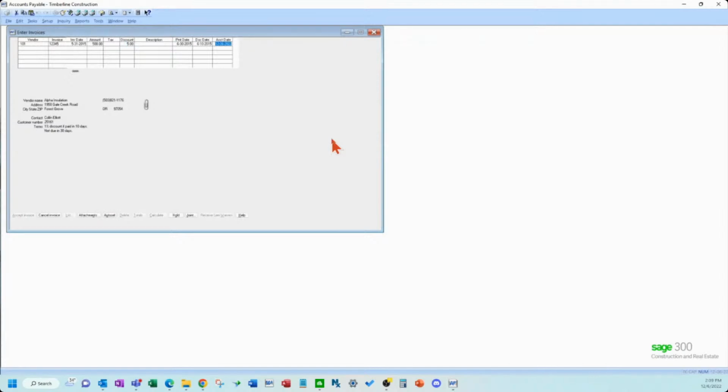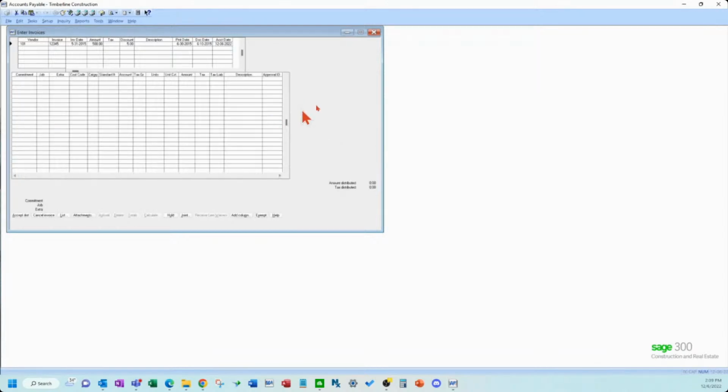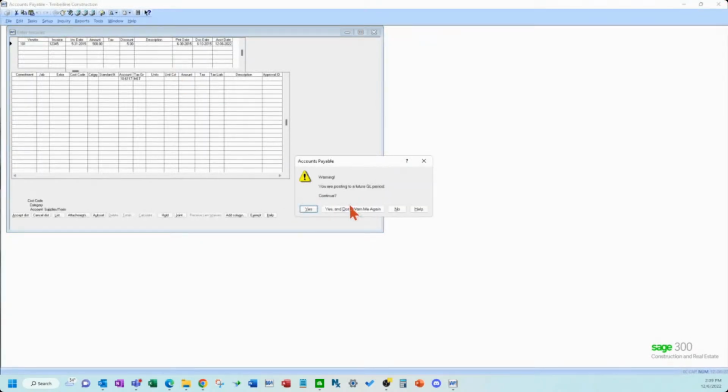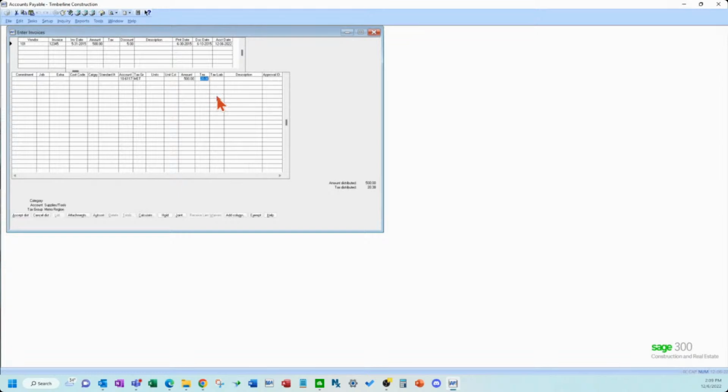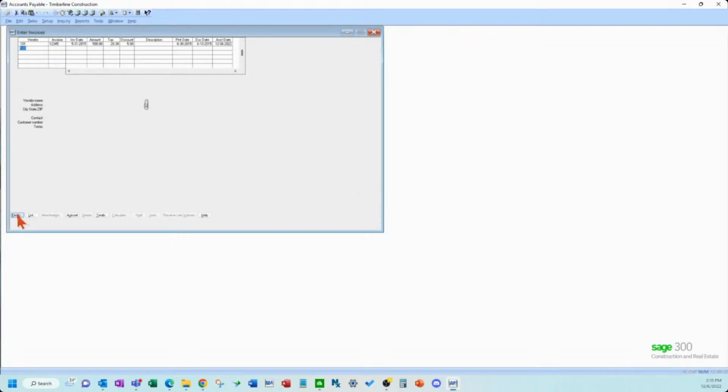And get this coded somewhere. Okay, so when I finish this out,